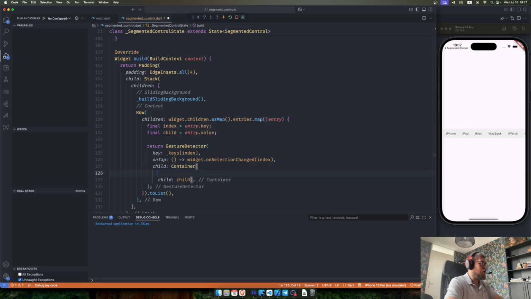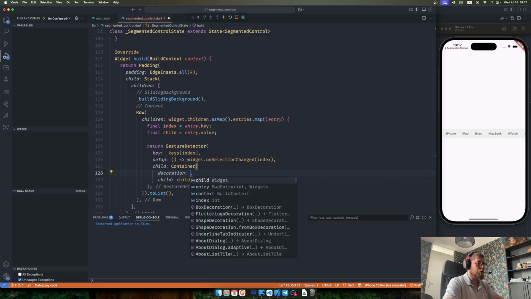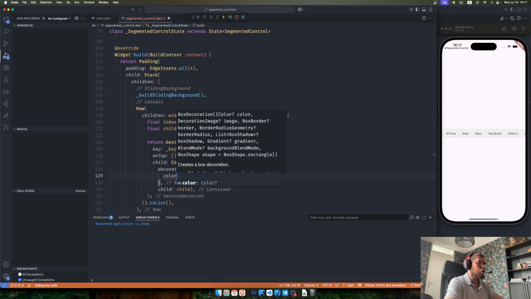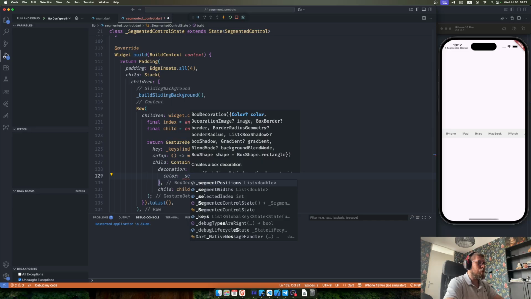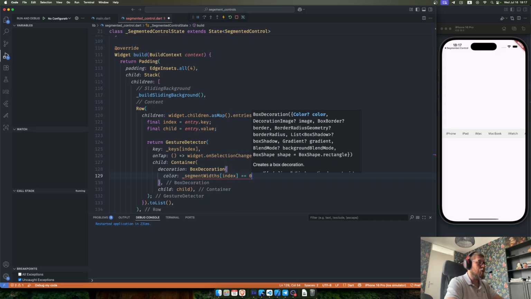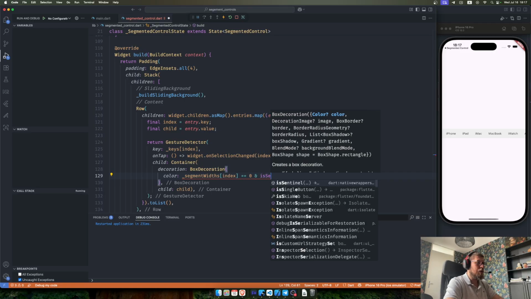So this container is supposed to have a decoration, box decoration, and the color is supposed to depend on whether our segment width at index equals 0, which means we do not calculate our segment width yet. And if this particular item is selected,